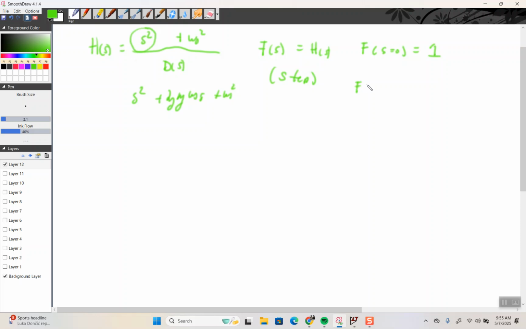F of s at infinity: well, now s is driving it. s squared dominates these terms. s squared dominates omega naught squared. So you're left at high frequencies with s squared divided by s squared, which is 1. So it's 1 both ways. Okay, so that equals f of t equals infinity equals f of t equals 0. And now we are left with